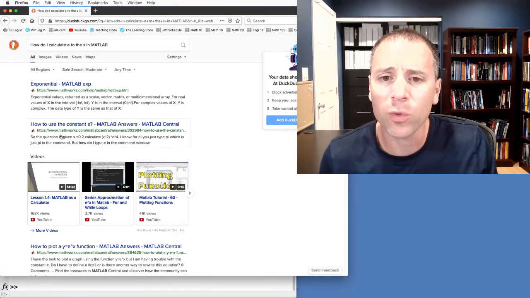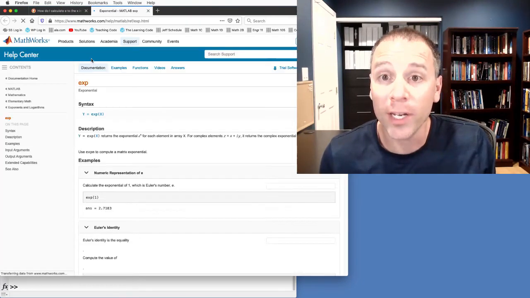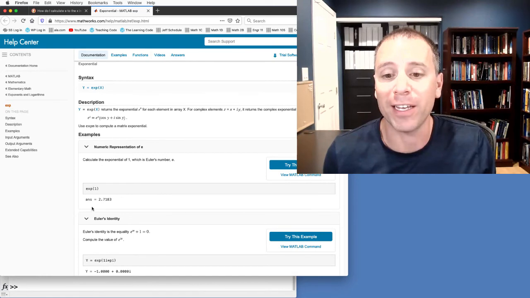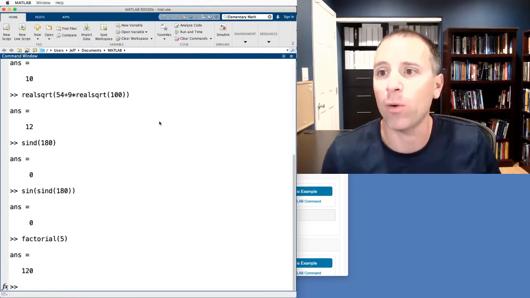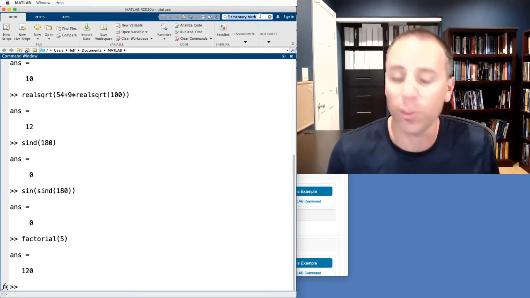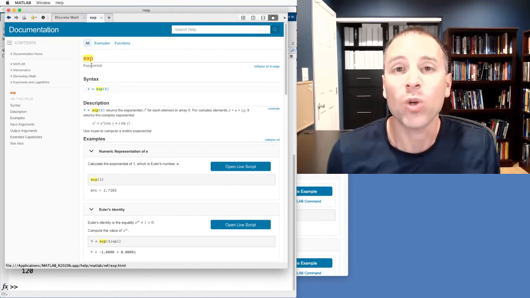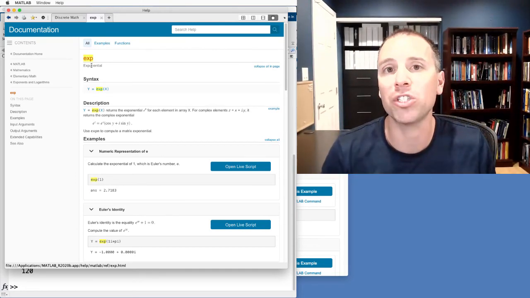Let's go to the first one. Let's say exponentials in MATLAB. Notice that that brings me back to the help center of the documentation, and it actually says exponent of x. Now all of a sudden I have an example of how that works out. I have some code. I could have done the same thing if I had typed in the documentation search bar exponent. That would lead me to that top one. So I can combine the sources of help to find answers to the questions that I have.